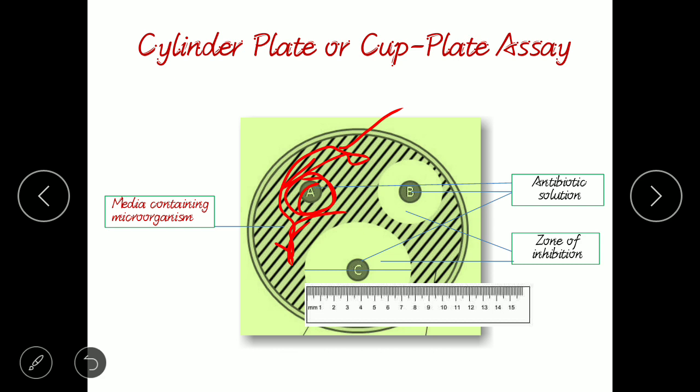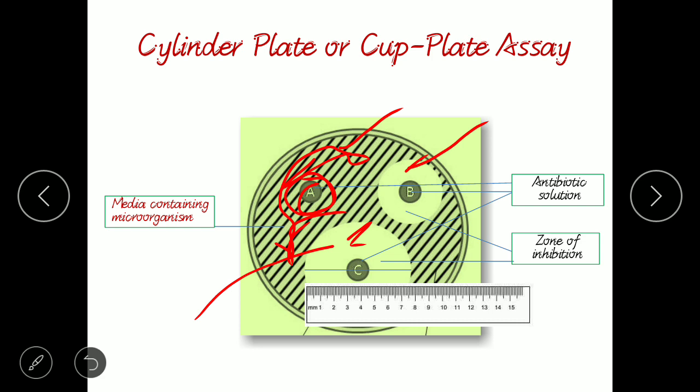That would be reflected by this clear region, this B, C. This clear region is the zone of inhibition. This is a particular zone which is devoid of growth of microorganism because of the presence of antibiotic. This is called the zone of inhibition, and this A, B, C are antibiotic solutions which are actually created